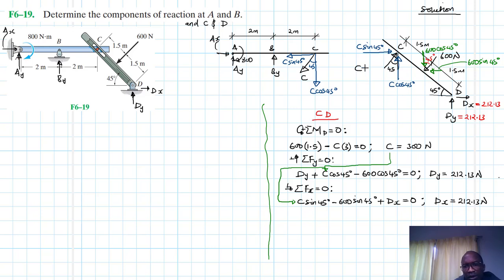We found C to be equal to 300, and then the same C here is equal to 300. This C here is equal to 300. All right, let's find now